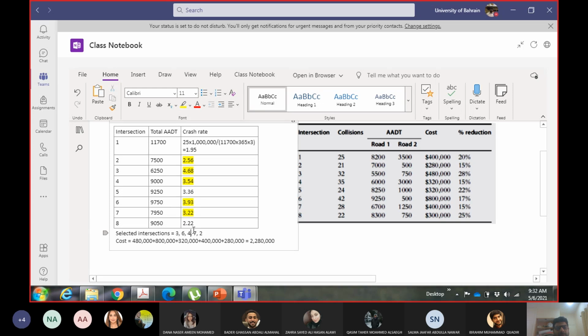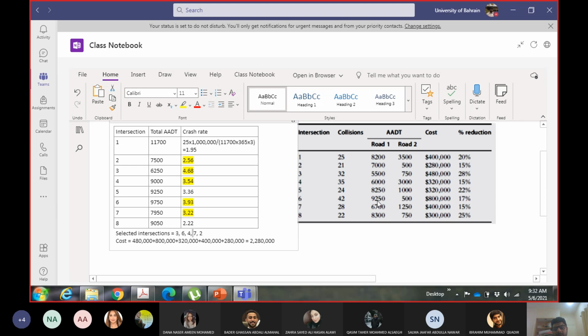Okay, so you can also try taking out number 7. Or you can select between number 5 and number 7 on the basis of the reduction you are getting. In the book they did not do this. But if you have to take out a site, for example, if I have to select between number 5 and number 7, then I should have selected number 5, because at number 5 you will have a larger reduction in the accidents, 22%.